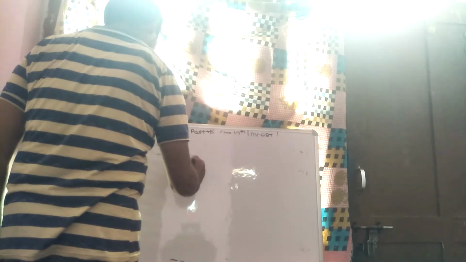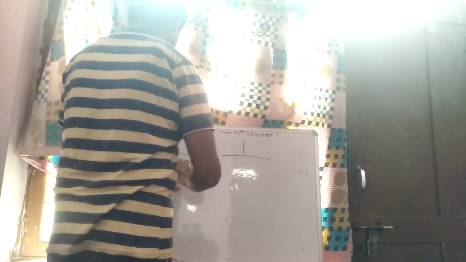One upon 1 plus cot x. We need to explain 1 plus cot x. We also write 1 upon 1 plus cot x, so this is 1 plus cos x upon sin x. We have to solve, then integrate. We also write 1 upon, this is also sin x, this is sin x plus cos x.